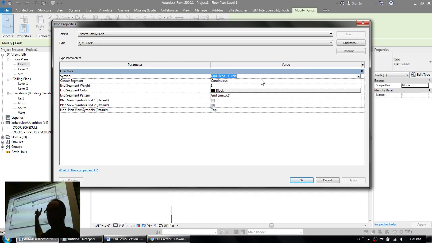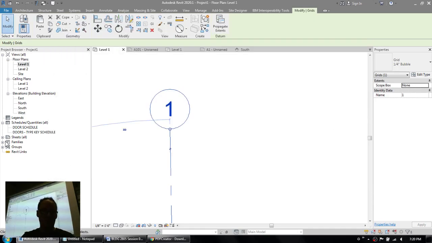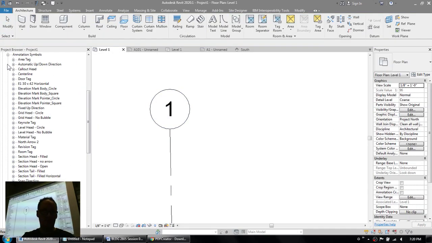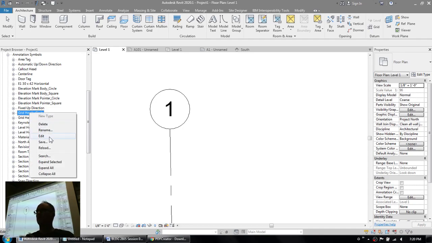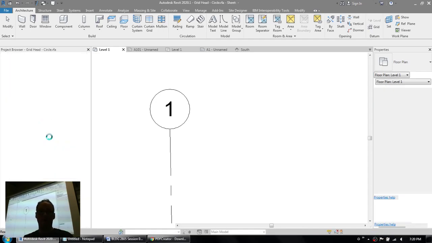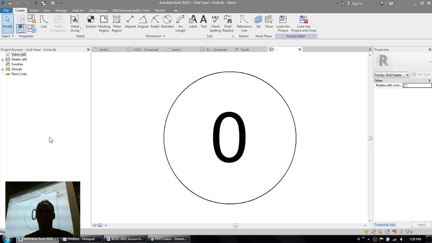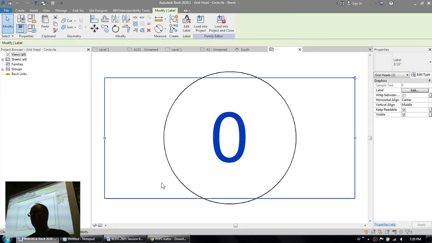In fact, I can go and find this very family in the families list under annotation symbols. There it is, grid head circle. And we can edit it. So this opens up the grid family just like you'd open up a block in AutoCAD. So if I change the radius of the circle, or if I change the size or the font that's being used, so if I want to go,